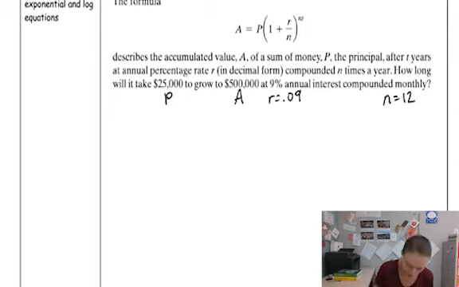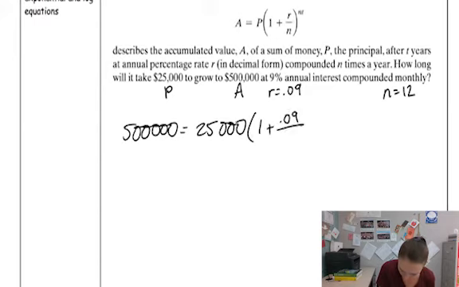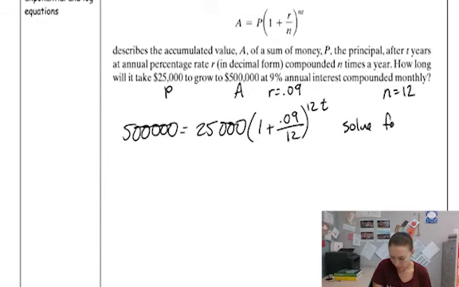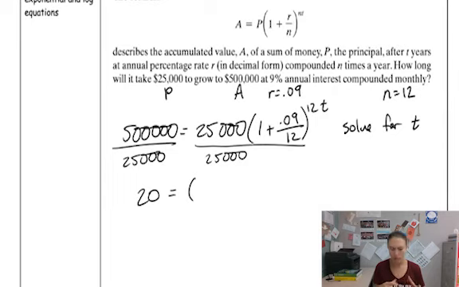So that's our n. So plugging this all in, I have 500,000 equals 25,000 times 1 plus 0.09 over 12 to the 12t. And I want to solve for t. How many years is that going to take? So this is an exponential equation. The first step is to isolate the part with the exponent. So I'm going to start by dividing by 25,000. I get 20 equals,